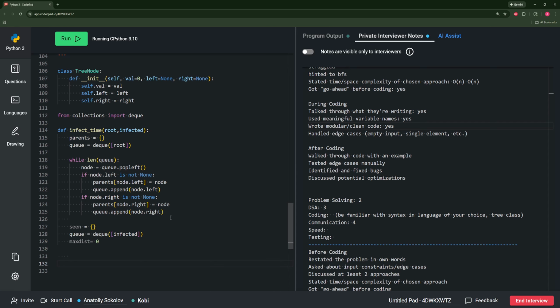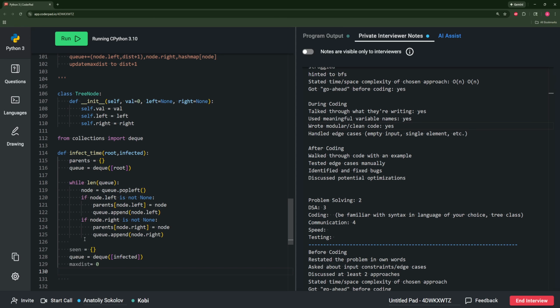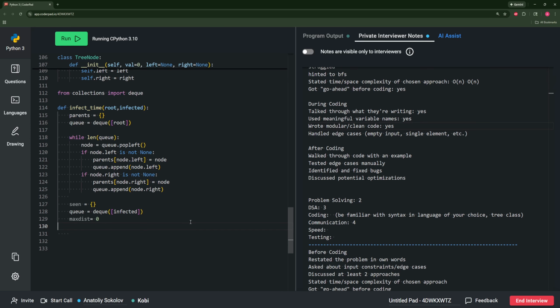Oh, is that a question? Yeah, sorry. I didn't really get what you said. Like you said, you start at a node and then you go 1 if you go to the parent. My bad. If the root node is the infected node and it's the only node, the infected time is 0, right? Yeah. And then if there's 1 node connected to it, the infected time would be 1. Okay. So the max dist is 0,